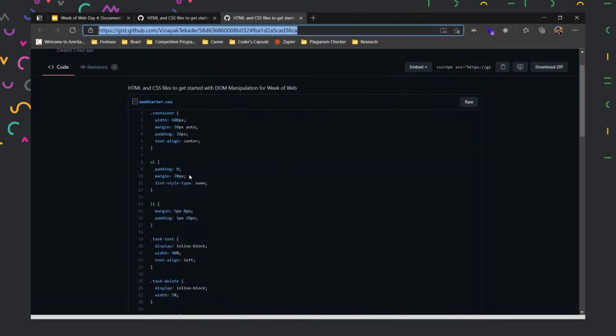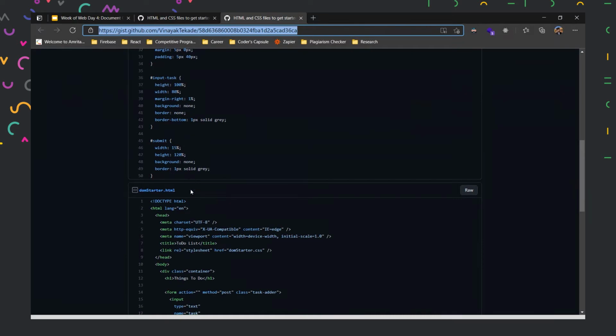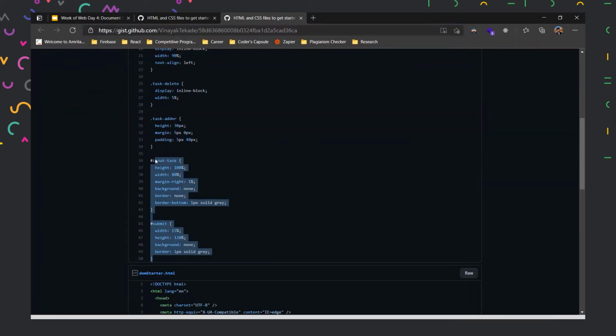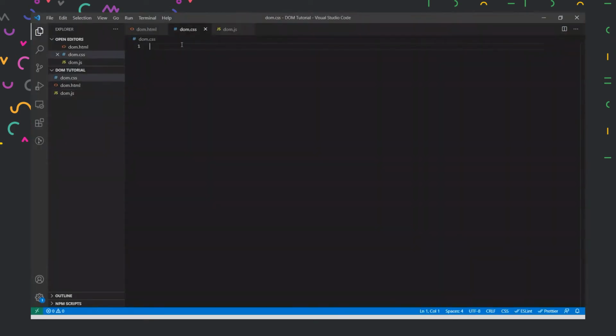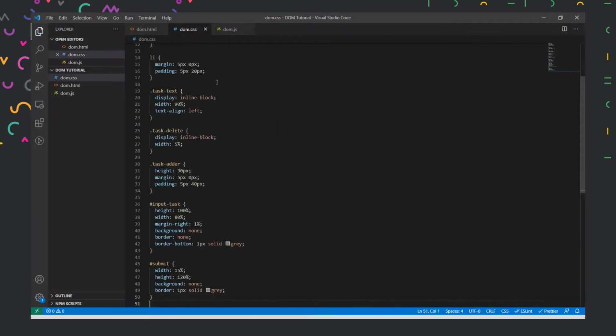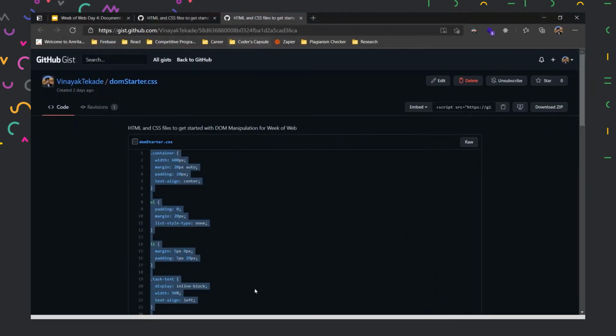Here I have all the code pre-written for us, which we'll be using in this session. So let us copy the CSS first. And then also we'll copy the HTML.